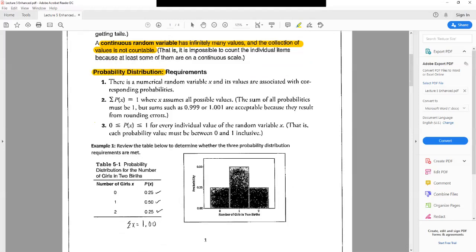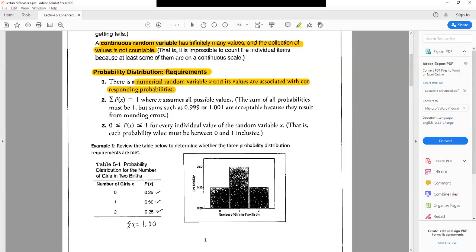Not every table or every formula or every graph is going to be depicting a probability distribution. We actually have to check and make sure that three requirements are met. We do not typically test on these requirements. We work under the assumption that the requirements are met, or we can validate that rather easily. The first requirement is we have to have a numerical random variable x, and its values are associated with corresponding